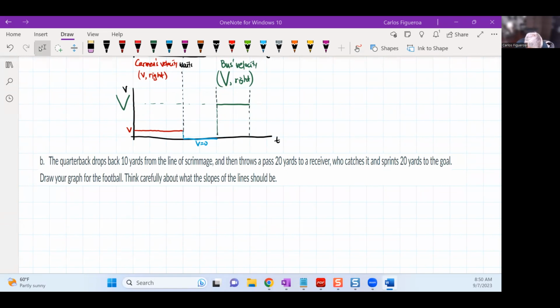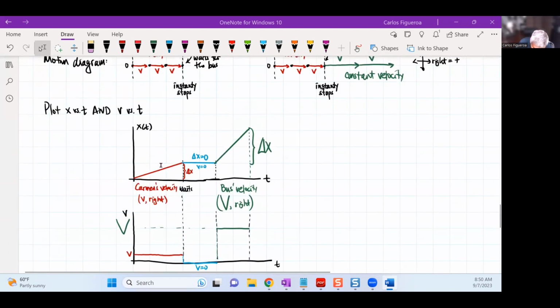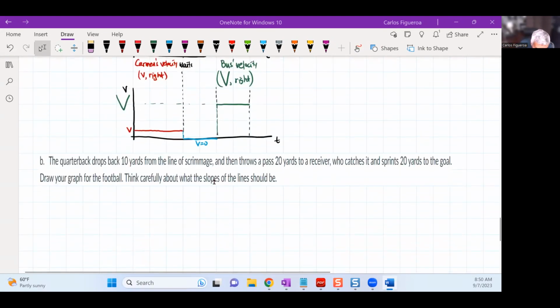Okay, again, we have to pay attention to the slopes. Over here, we paid attention to the slopes because we said what? Carmen walks slower than the bus moves. So therefore, the slope has to be lower. So here we go. Let's start with the motion diagram here. So if I think about a motion diagram,